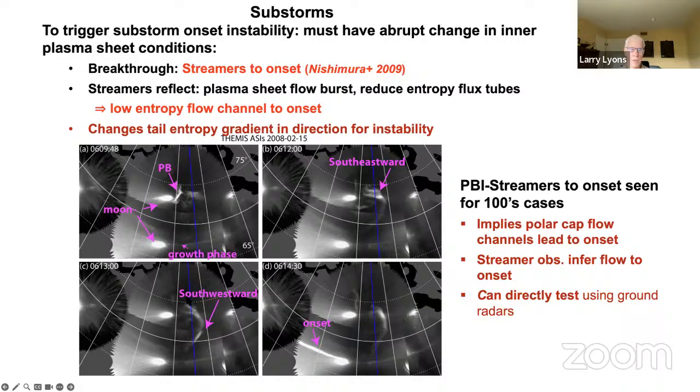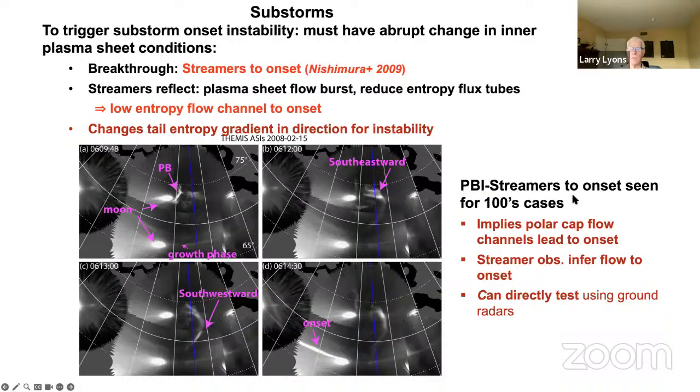Okay, so flow is coming from the PBI, so it must have come in from the polar cap. It's going equatorward, so it's got to have reduced entropy, and it's carrying that reduced entropy plasma in the plasma sheet. This is the ionosphere, but remember it's in the plasma sheet, and pointing right to the onset. So it's changing the distribution of entropy in the tail, and it's changing the gradient in the direction required for instability. So this, polar cap flow PBI streamers to onset, was seen in hundreds of cases